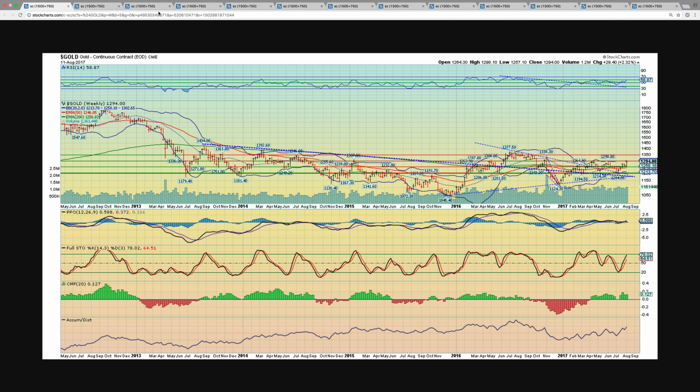Okay, so the gold sector. This is one we've been following for several years now, and now it's finally starting to break out of this multi-year consolidation since 2016. This consolidation between 1200 and about 1300 has been pretty hectic and volatile for all investors that have been trying to trade this space. But what you're seeing here is this really nice breakout coming within the next couple of days, if not weeks,